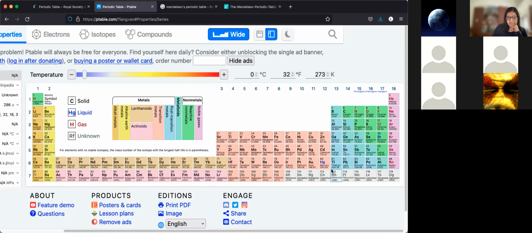So F block is kind of within the D block itself. It's a separate group of elements